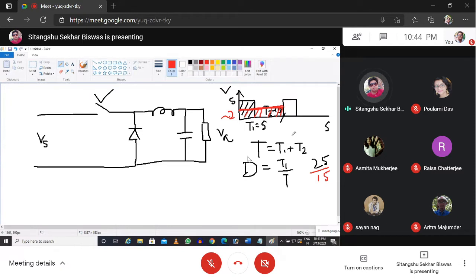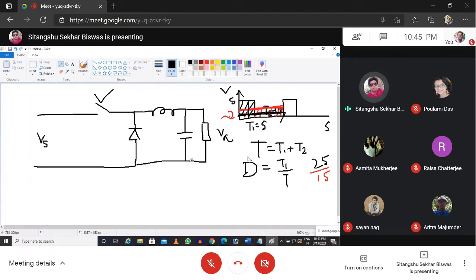So in a DC chopper, basically that thing only is happening. It is doing the volt second balance for some time. Now if further this on period is reduced, then the average voltage will be coming down. So by controlling the on time, that means the duty cycle, I can control the output voltage. So this is the very basic of a DC chopper.